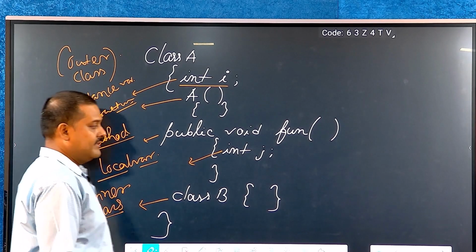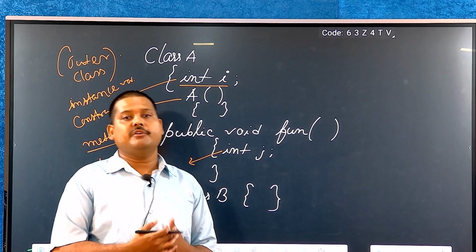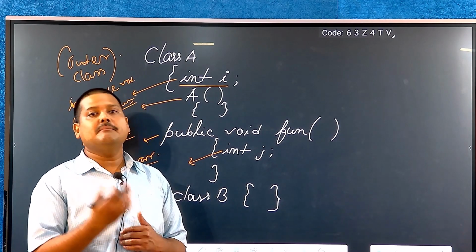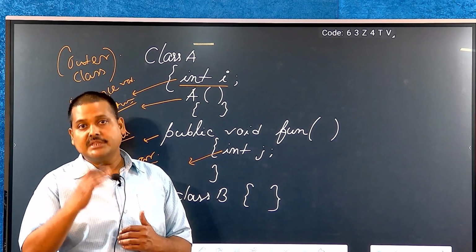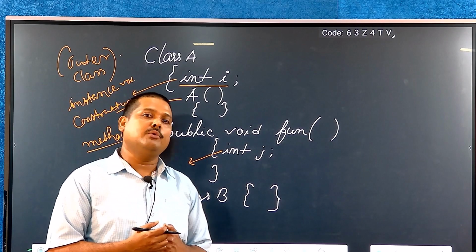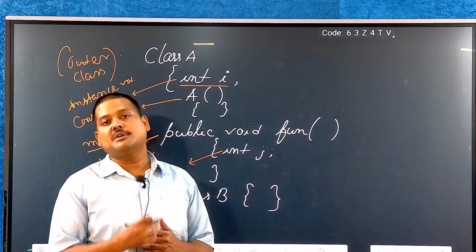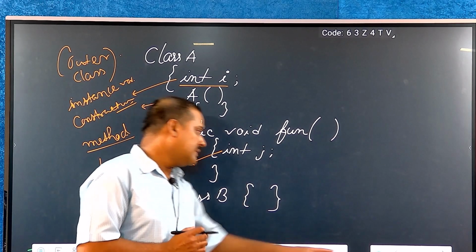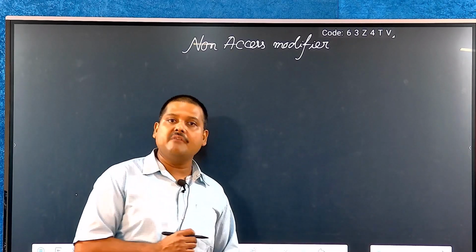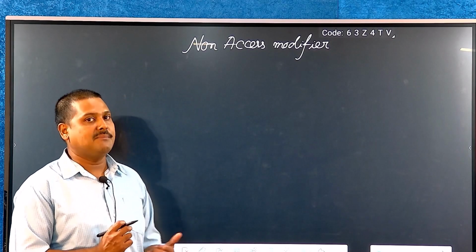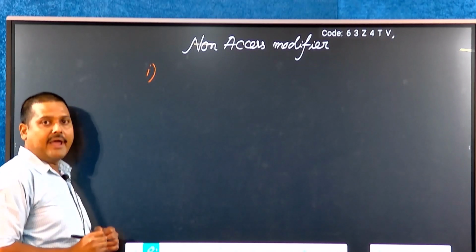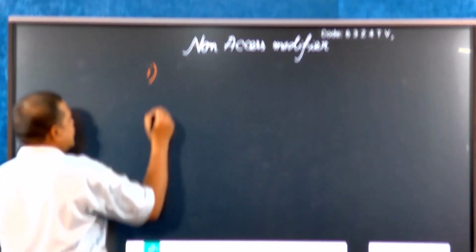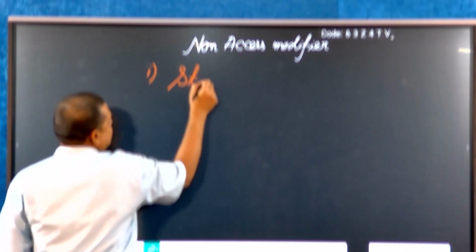Now, have a look at how we can change the behavior. As we observed, the main method is declared as static, and without creating the object reference variable we can call the main method, and that is because of the static keyword. The keywords which specify the behavior of a class or a class member are called non-access modifiers. In the Java language there are a few non-access modifiers available, for example, static,